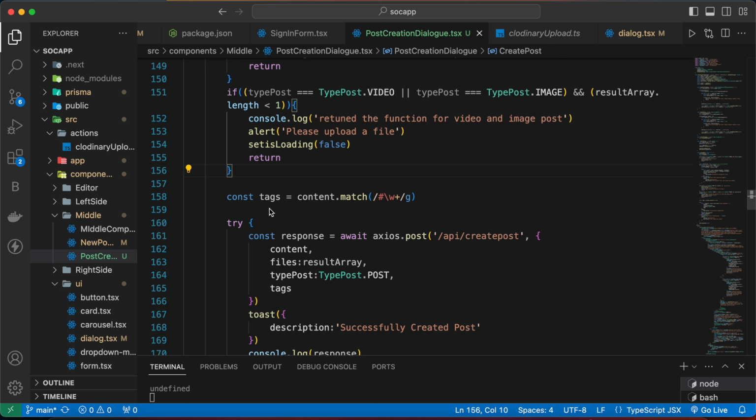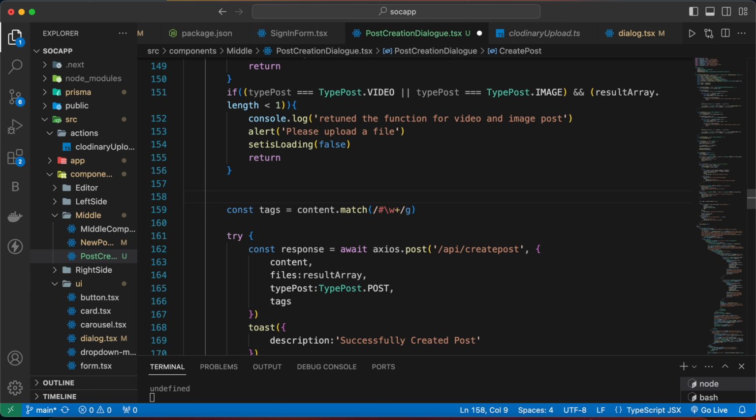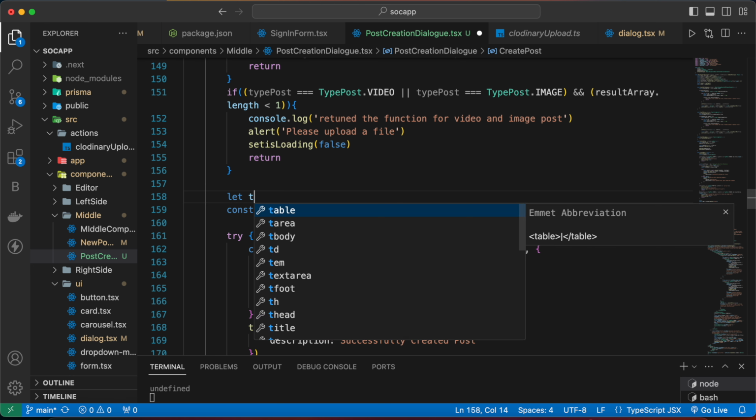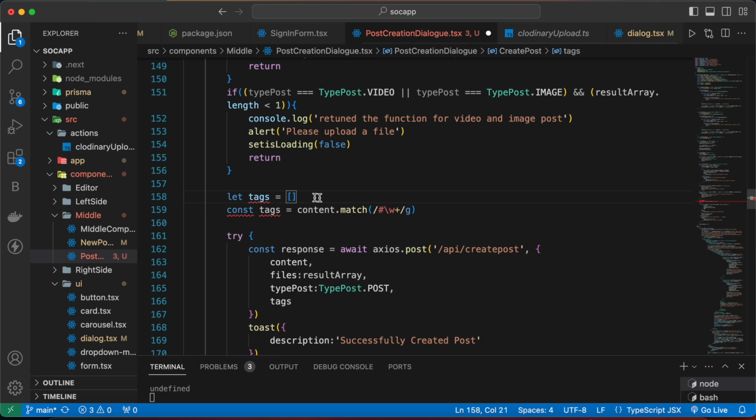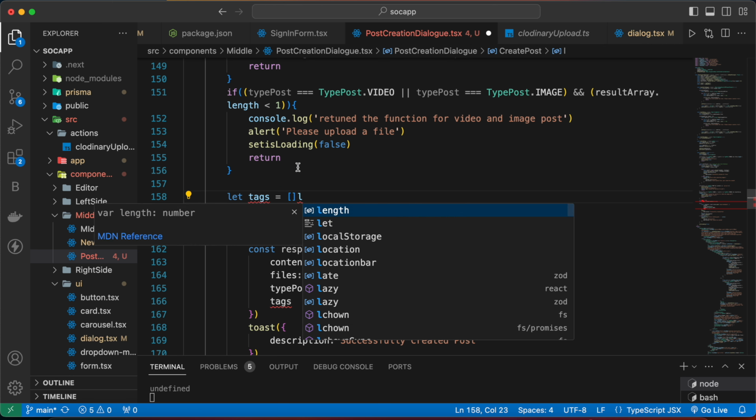So now let's talk about tags. As you can see here, we are getting our tags from content, and this will be for type post equals to post. But for our video and images, we are going to get our tags from the description. So what we can do here is let tags equal to an empty array,